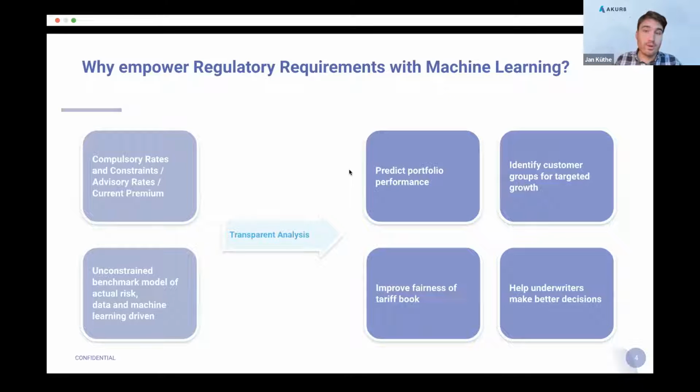How profitable will I be in 1 year? Do I need to release some reserves in order to make a year's end? Also, you can use this enriched information about your customer base to maybe identify segments of growth. With those customers, I think I can help my company to grow in the future. Of course, you can also help your company thrive by providing this information, and then maybe increase the fairness of your tariff book.